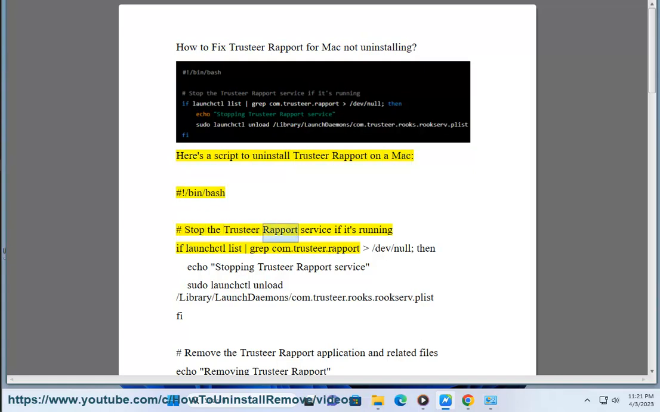#!/bin/bash # Stop the Trusteer Rapport service if it's running. if launchctl list | grep com.trusteer.rapport > /dev/null; then echo "Stopping Trusteer Rapport service" sudo launchctl unload /Library/LaunchDaemons/com.trusteer.rooks.rooksrv.plist